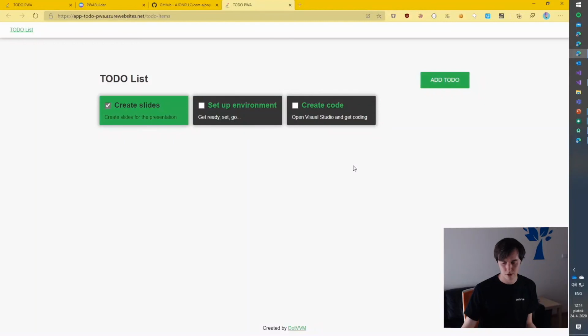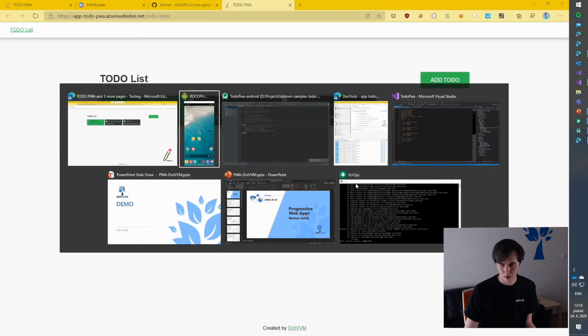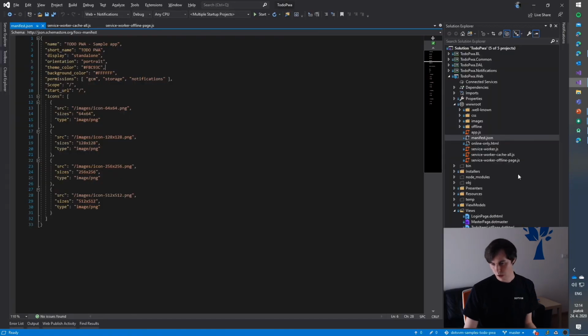For you as a developer, you can use all the capabilities of the modern browsers, so you don't need to work with something like Apache Cordova or PhoneGap. And you can just rely on what is available in the browsers, and the user can even choose which browser they install it from, so they can have the experience that they want. All right,